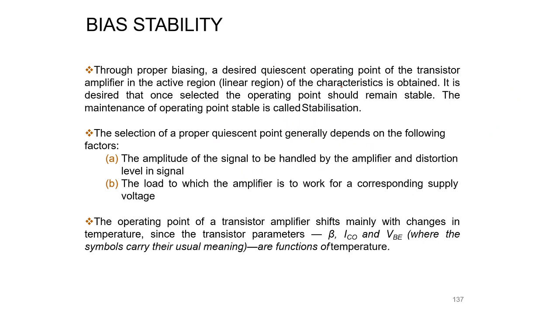So what the biasing does is, it determines the phenomena that happen internally with respect to the operating point. What is the operating point of a transistor? It should be a stable one. Whenever the temperature increases, the reverse saturation current ICO increases. We already know that the collector current IC equals beta times IB plus ICO.